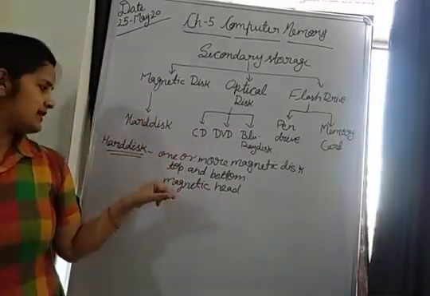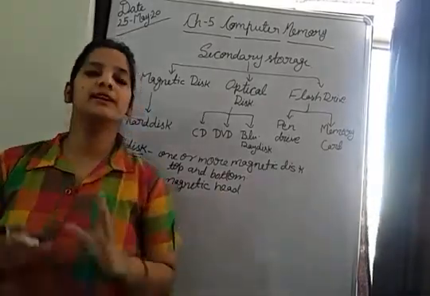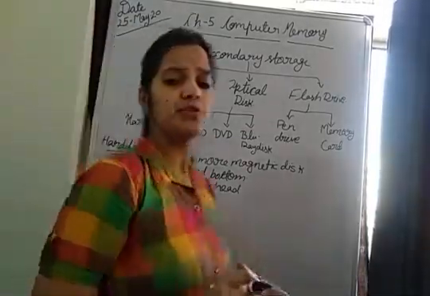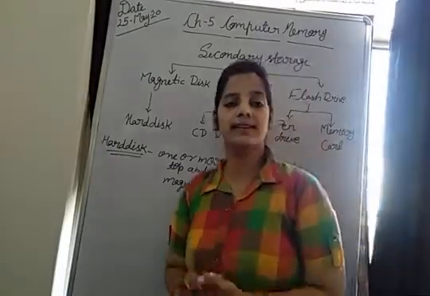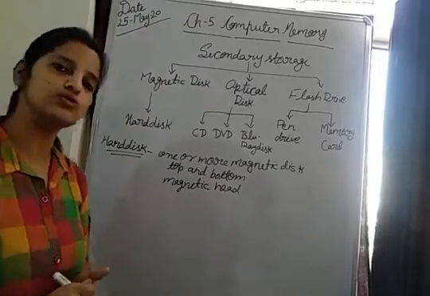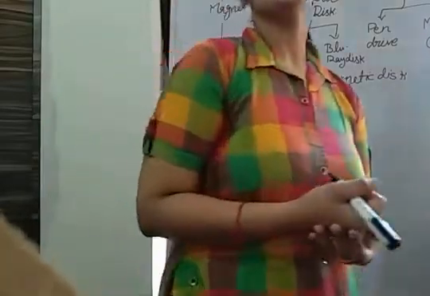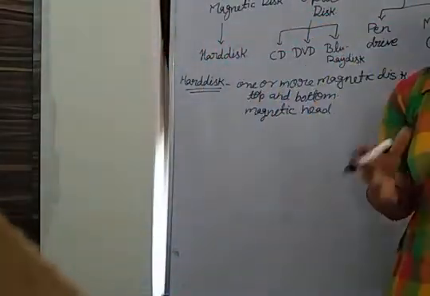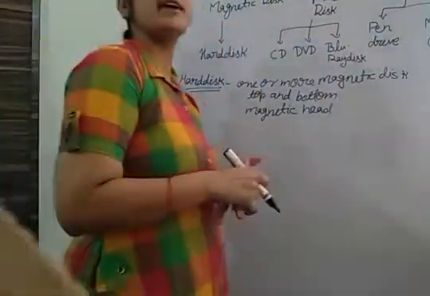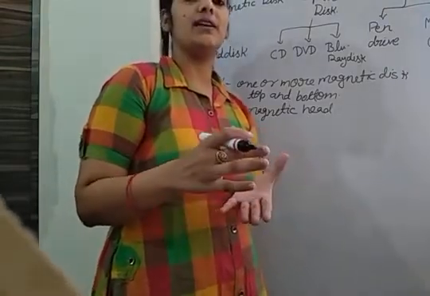It is permanently stored on a motherboard. Means hard disk, you can find it on the motherboard inside the CPU cabinet. Okay, and the most important function of the hard disk is to store program files and the data files. Means it is used to store program files and the data files. Students, hard disk comes in a variety of sizes with storage capacity such as 1 terabyte, 5 terabyte, 5 TB. Means there are different types of hard disk based on their sizes.